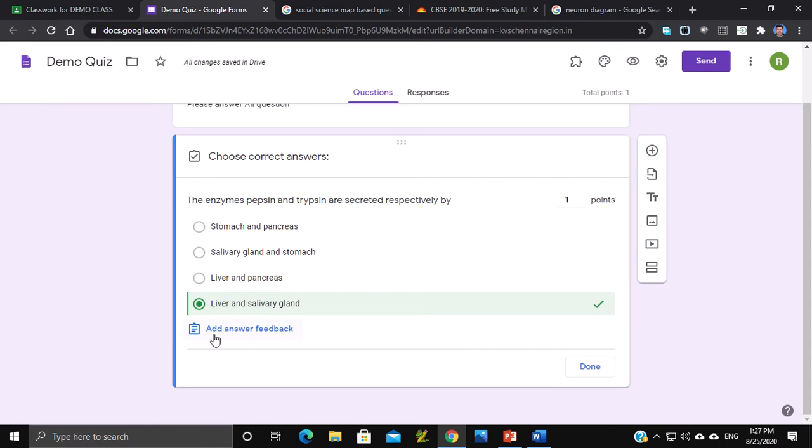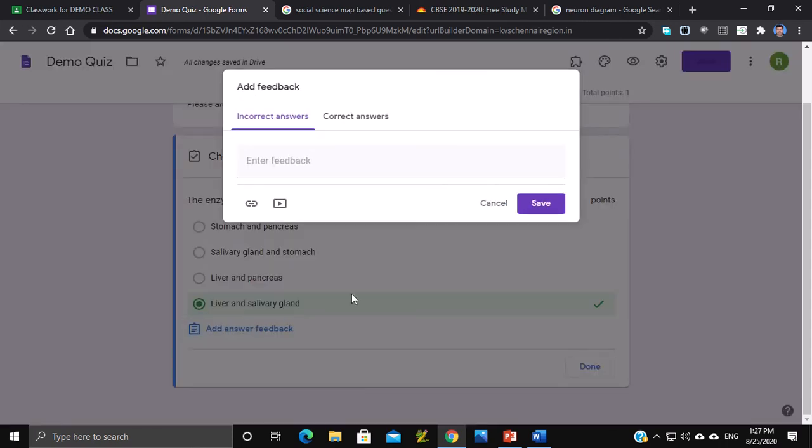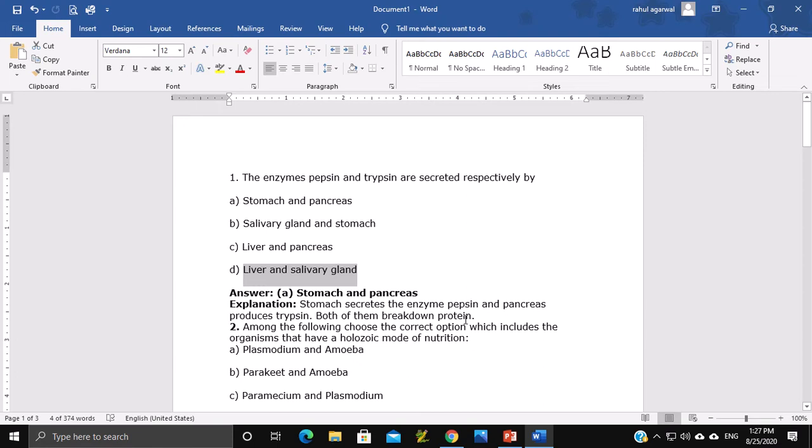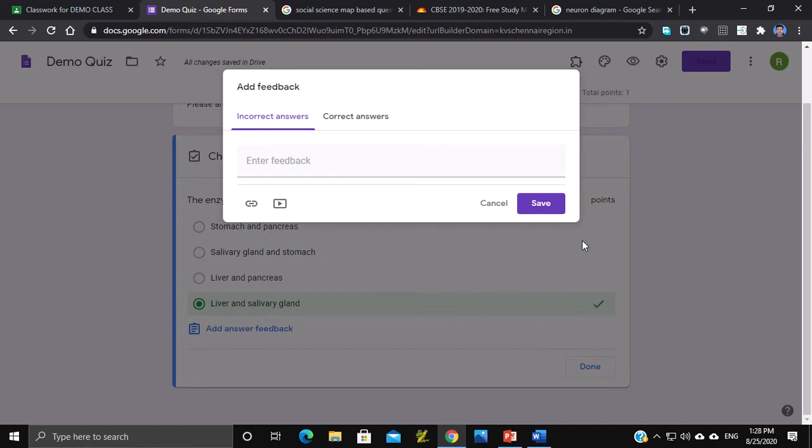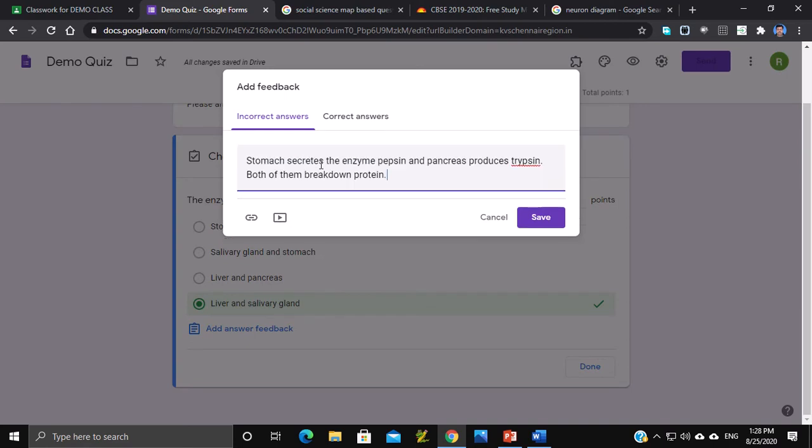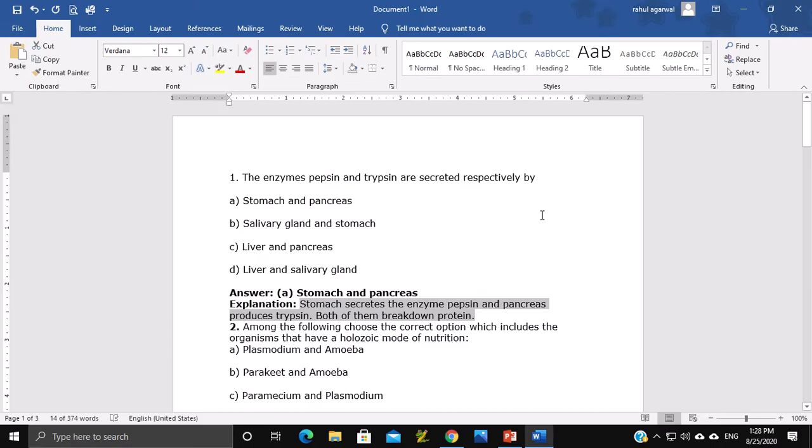Now add answer feedback is there. So if the student gives any wrong answer, in that case, this answer I am giving.